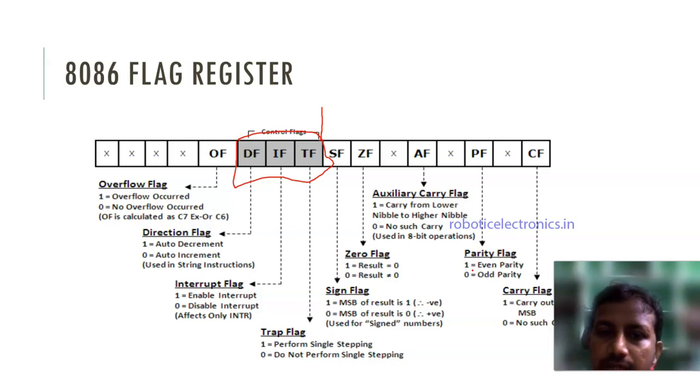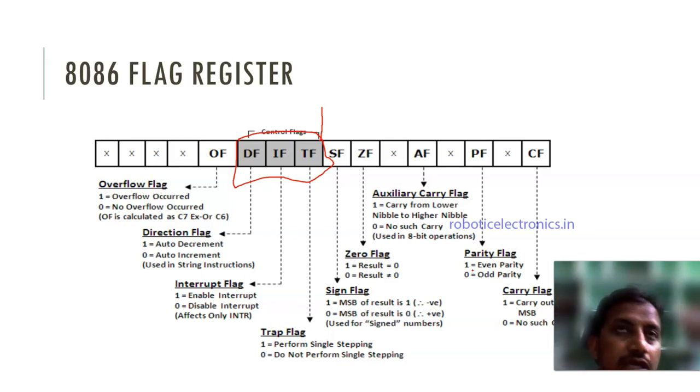And the sign flag. Sign flag is nothing but the MSB bit. When you represent a sign magnitude, we say that the MSB bit is the sign bit and the remaining other bits are the magnitude. Similarly, when you go for any arithmetic operations, the resultant MSB bit is the sign bit. If it is 0, the flag would be 0. If it is 1, the flag would be 1. And the sixth